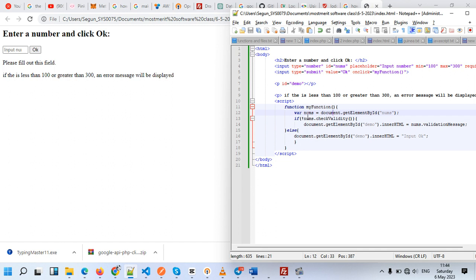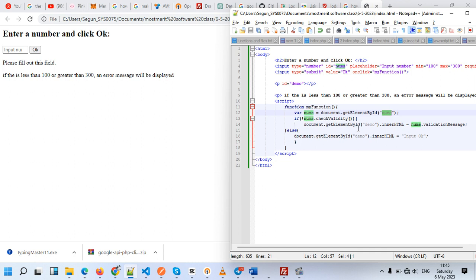I try to call our number field, this id nums, as you can see it is highlighting it to show you where it's coming from. So we use document.getElementById nums. Usually our id is nums. If it is not nums,